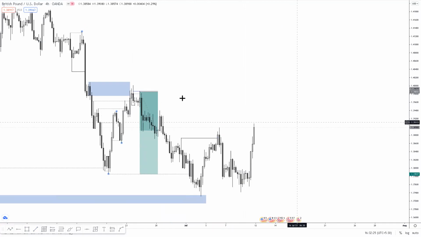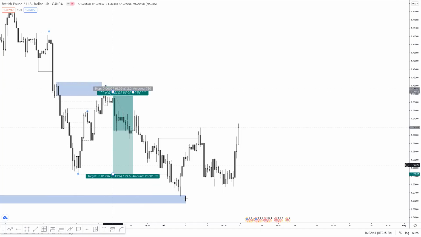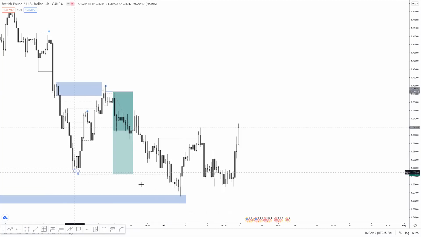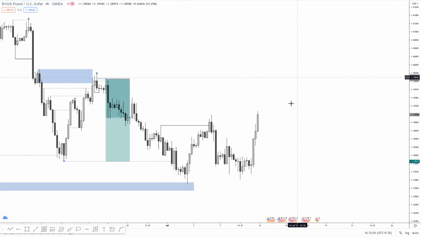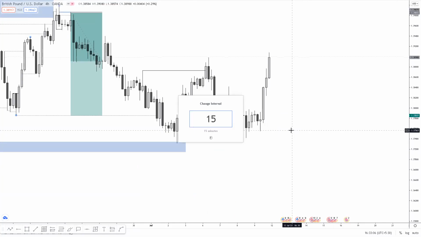But now what we should know is that price went like this: lower highs, lower lows, lower highs, and this is a swing lower high. Then price came back down, took out this line, and made a new lower low. So until this high has been taken out, we're still bearish, right? We're still bearish. So the thing is, now on the 15-minute or the 30-minute time frame,